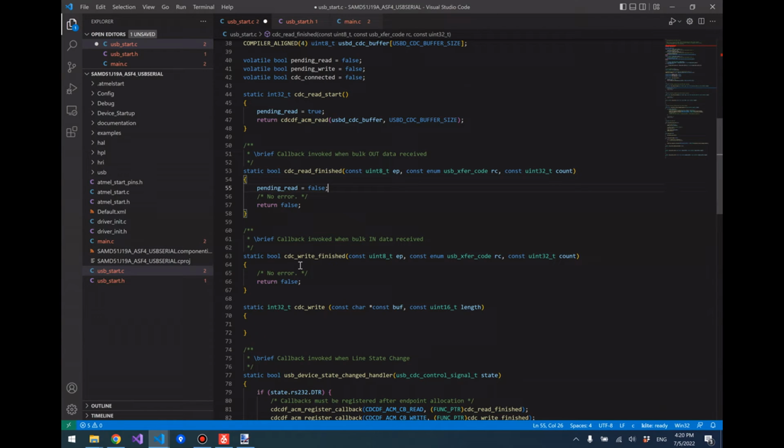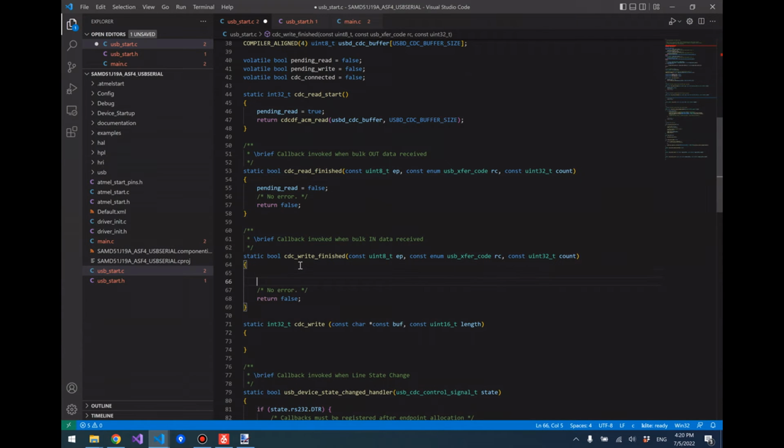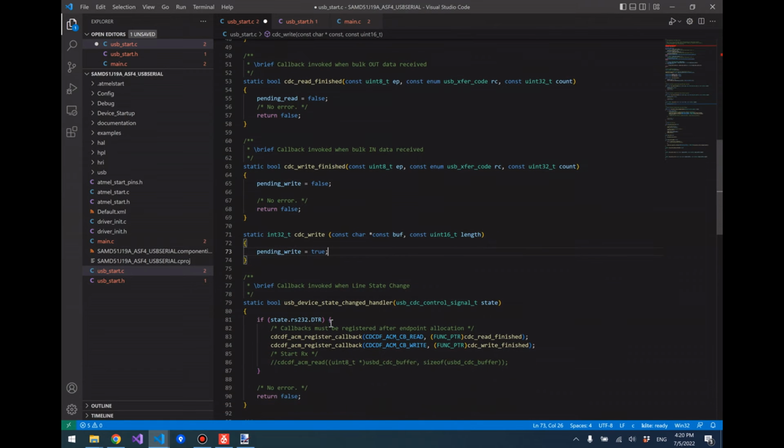And once again, similarly with the write finished operation, we'll set pending write to be false. And when we call the write operation, pending write will be set to true. All right, now I want to go down here,